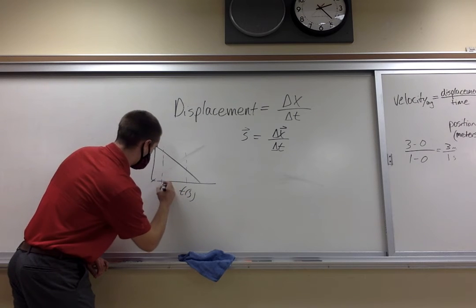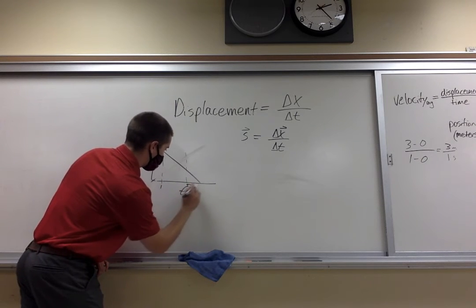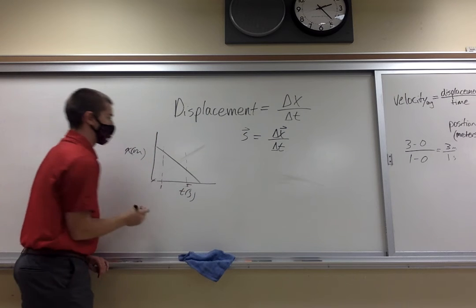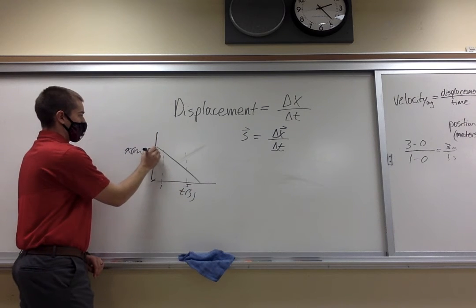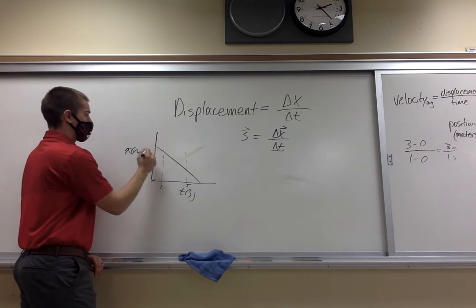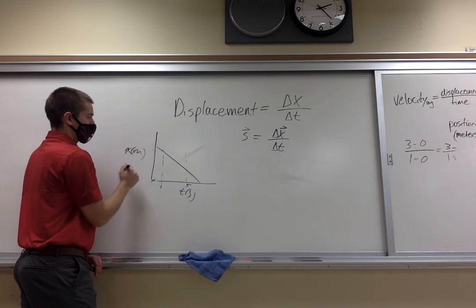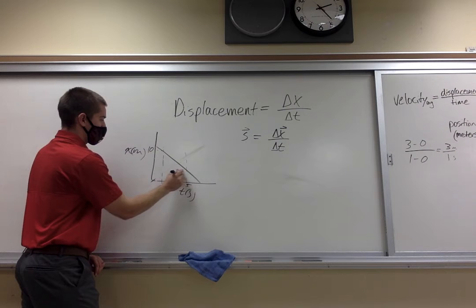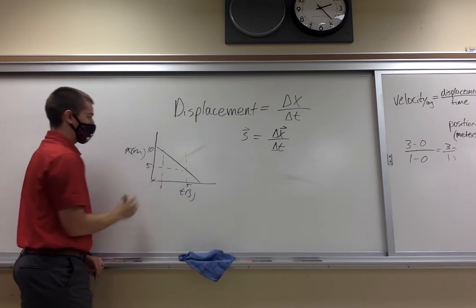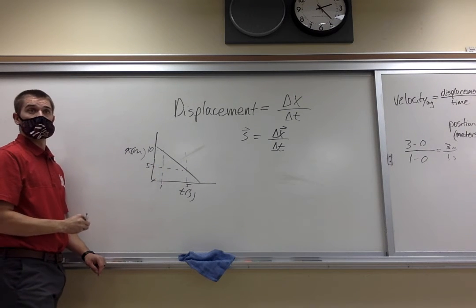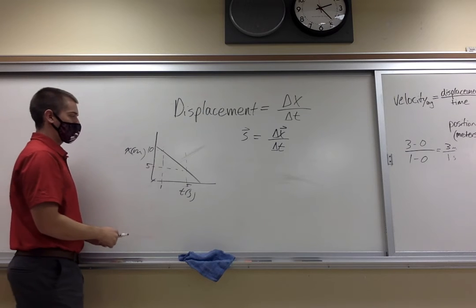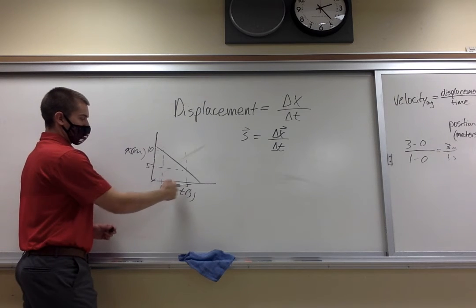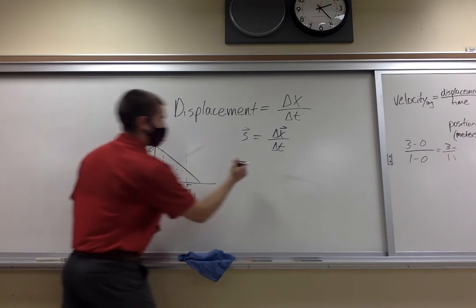Let's say this is time 1 second, 5 seconds. 10, 5. How do I find my displacement between these two times? Well,